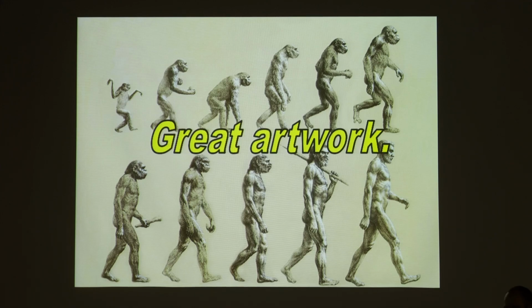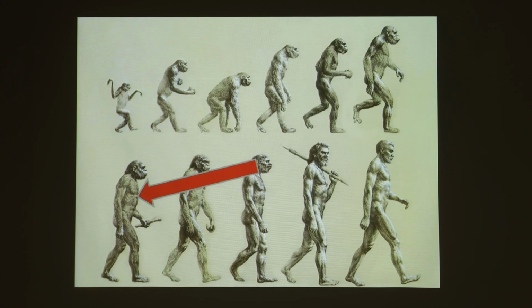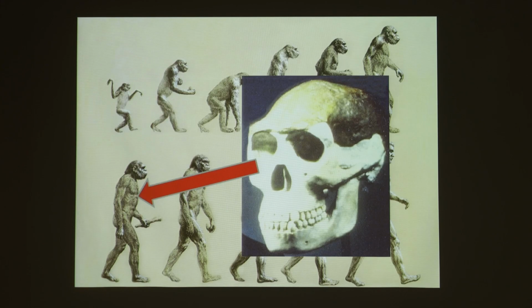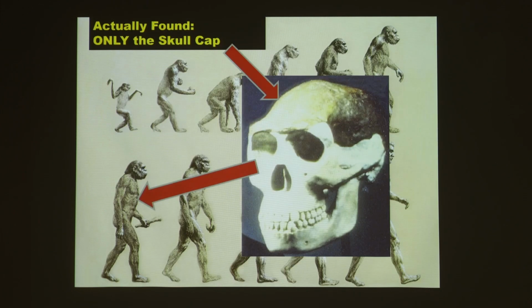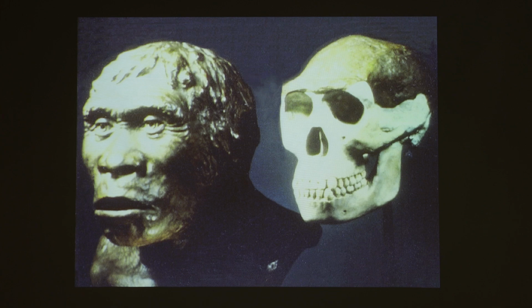So when you see great artwork like this, what questions should you ask? Let's look at the evidence made for this guy over here. What did they find? Oh, there we go. But wait, it's not the whole skull, right? The white part is just filler. What did they find? They found the skull cap. The skull cap. That's it. That's all you found? And you created not only all the rest of the face, but all of the rest of the creature from just the skull cap? I don't think that that's enough evidence, is it?